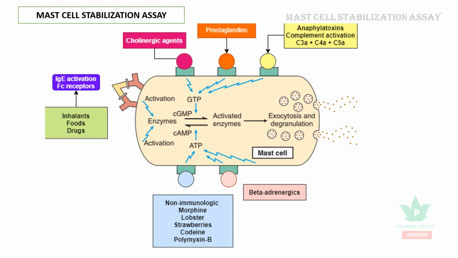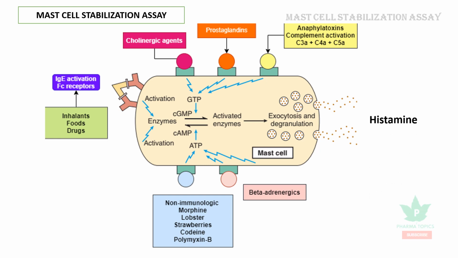It is under the influence of several agents such as cholinergic agents, prostaglandins, or allergens, which are food allergy or drug allergy, or non-immunological reactions such as morphine, lobsters, strawberries, codeine, or polymyxin B, and even beta adrenergics have an impact on this cell. And most of the allergens activate these cells, which have IgE receptors on their surface where the Fc antibodies IgE bind to it, and all these things put together cause the release of histamine